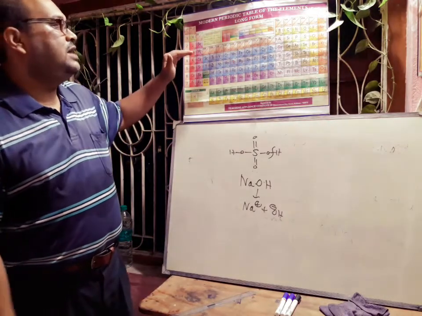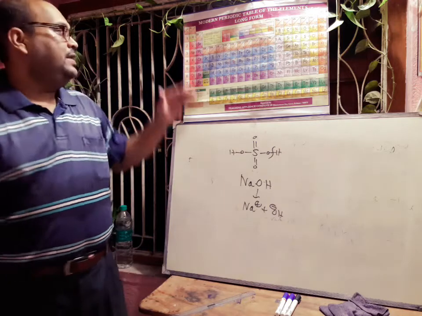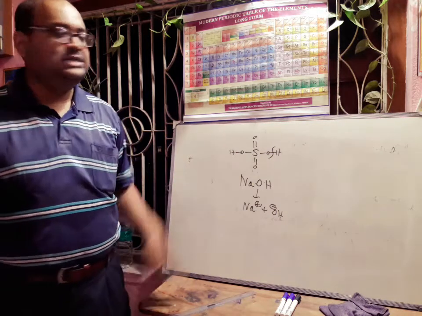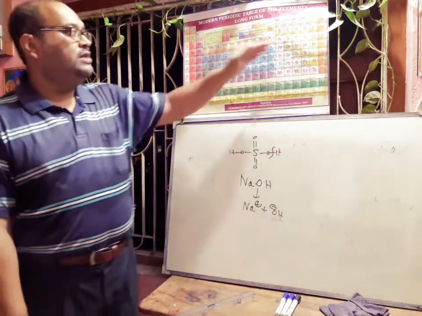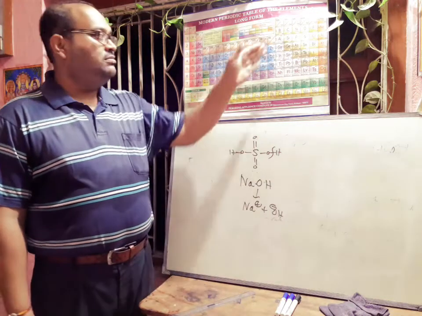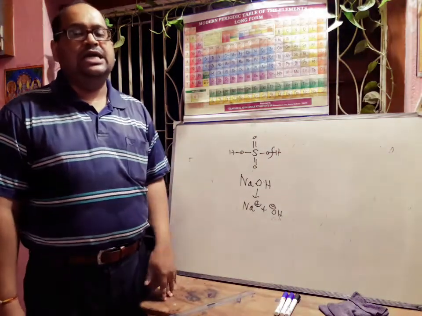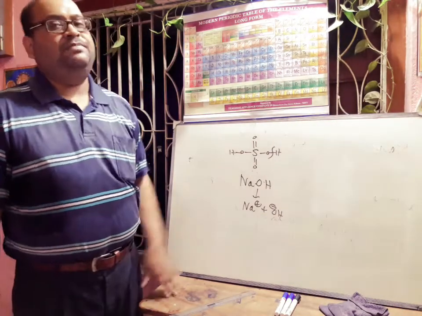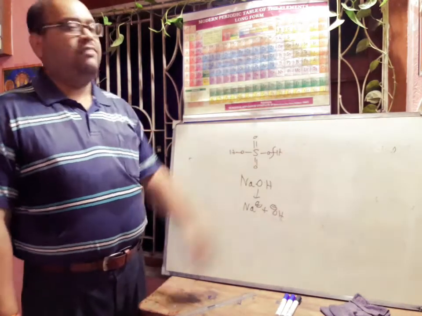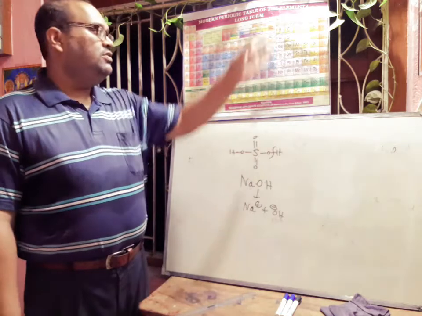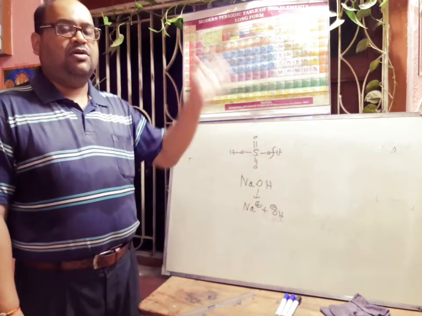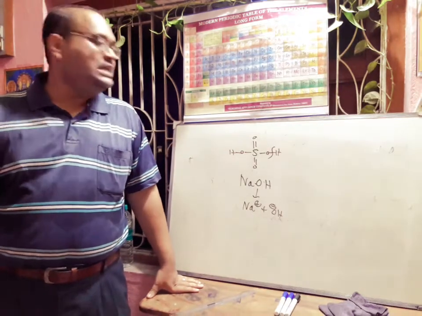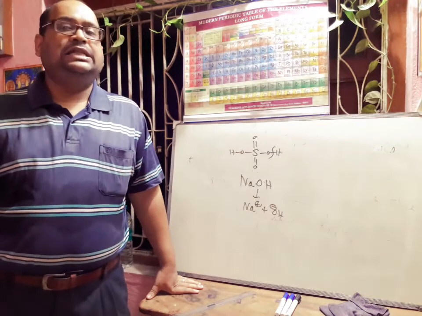That means whenever we are going from left to right, metals are present, so metal oxides are basic in nature, and in between we get amphoteric oxides. And finally, on the right side of the periodic table there are non-metals, and non-metal oxides are highly acidic. So the acidic character of oxides increases from left to right, and if we go from top to bottom, metallic character increases, so the basic nature of the oxides from top to bottom in a group will increase. In this way we can easily explain the nature of oxides in the periodic table.